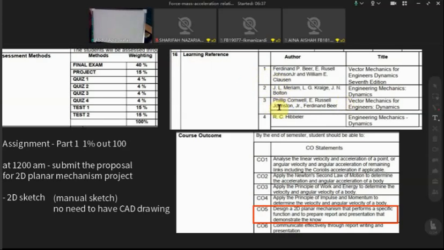So you are looking at the linear velocities and acceleration of a point. This one has a problem, as I mentioned earlier, because we don't solve point problems. Our course is more related to the rigid body. So if we want to still satisfy this course outcome, we're going to look at the part of systems of rigid bodies. There will be considered a point.